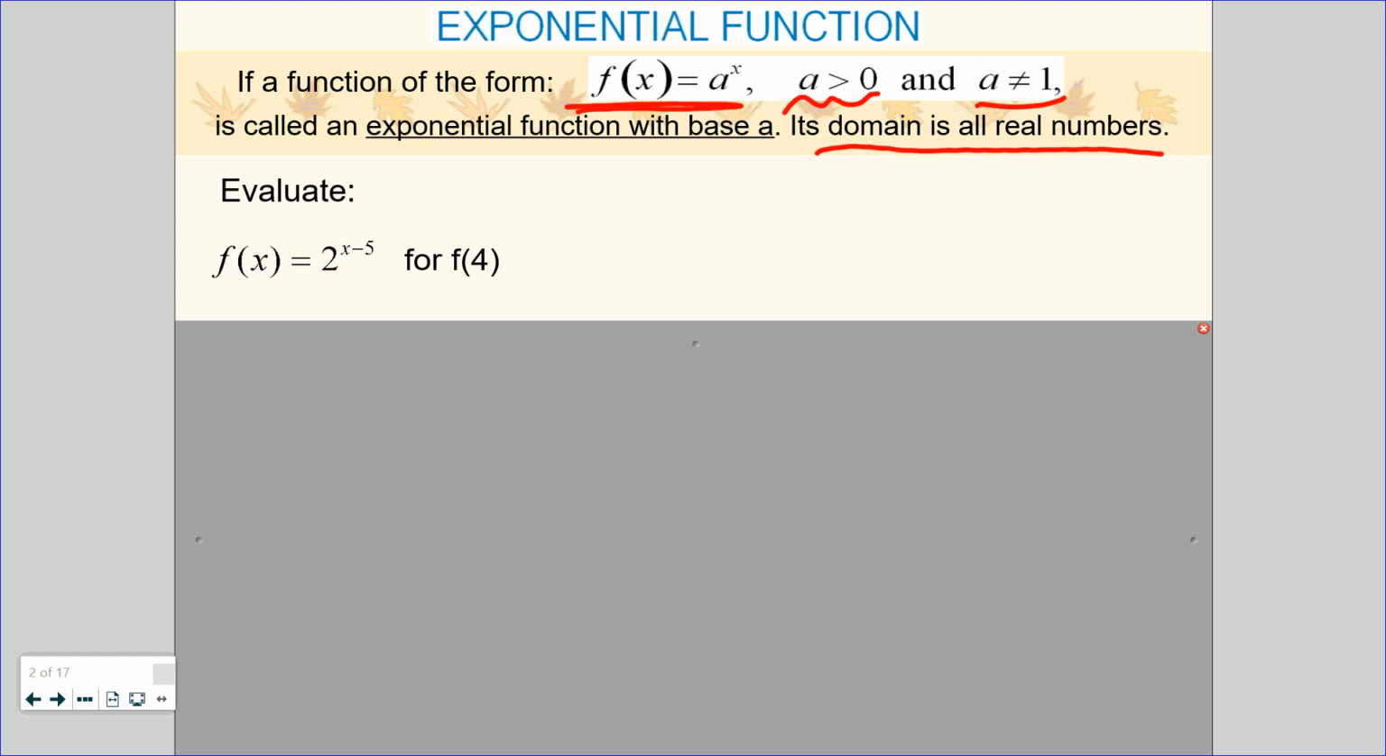So first one, f of x equals 2 to the x minus 5. We're evaluating f of 4, which means we're just going to take 4, and we're